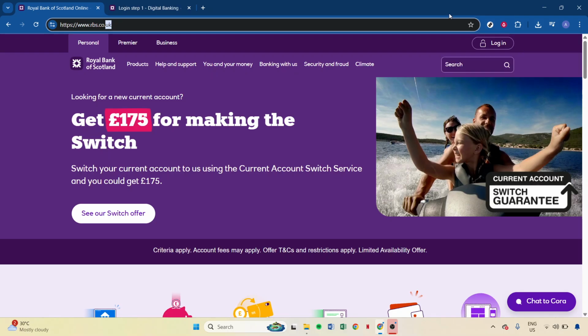So let's get started. First things first, you'll want to navigate to the RBS Online Banking login page. The easiest way to do this is to open your preferred web browser on your computer or mobile device and type in the RBS website address. Once you've reached the home page, look for the login section. It should be prominently displayed, usually in the upper right-hand corner, as banks want to make it accessible for their